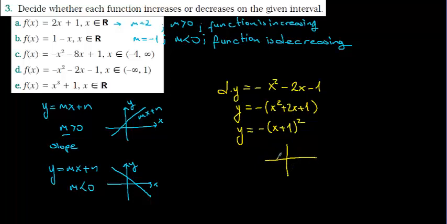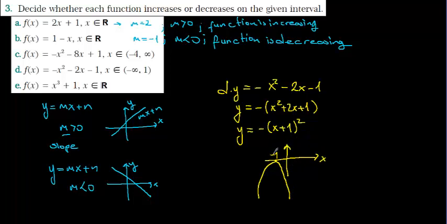Here this is the point minus 1. When x is minus 1, y is going to be equal to 0, so it should be here. Then I'm drawing the parabola toward the negative side of y,